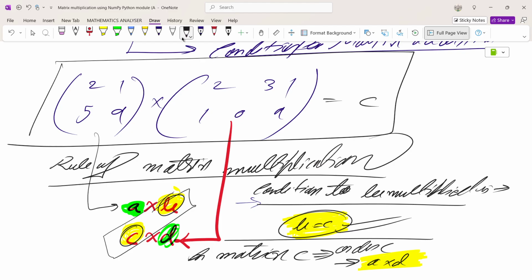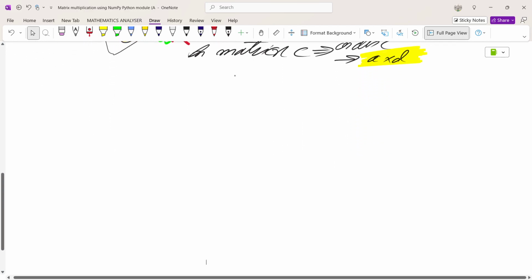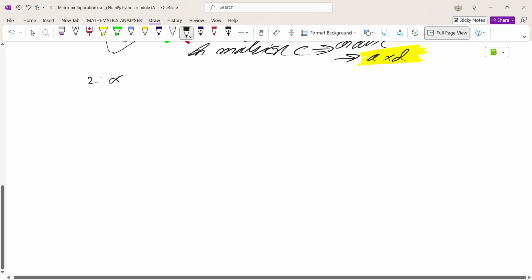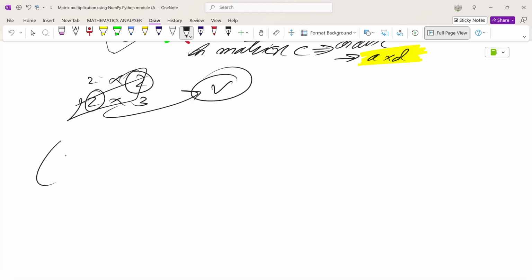Accordingly, if we perform the calculation, this is a 2 cross 2 matrix, and this is a 2 cross 3 matrix. So 2 cross 2, 2 cross 3, and the 2 and 2 are equal, so this is verified and we can perform the matrix multiplication. So this was 2159 multiplied by